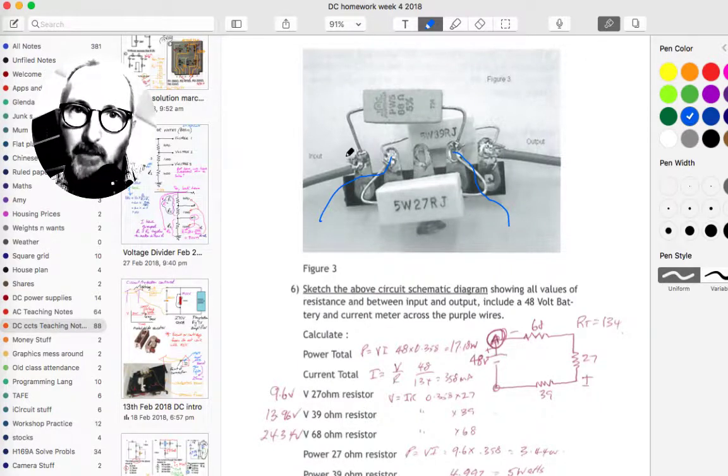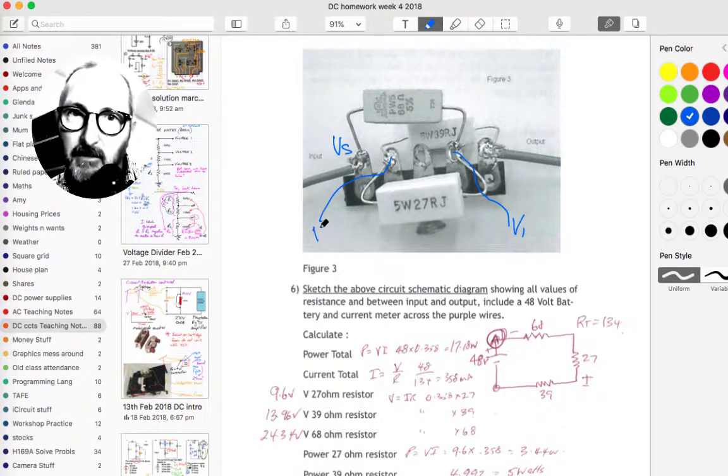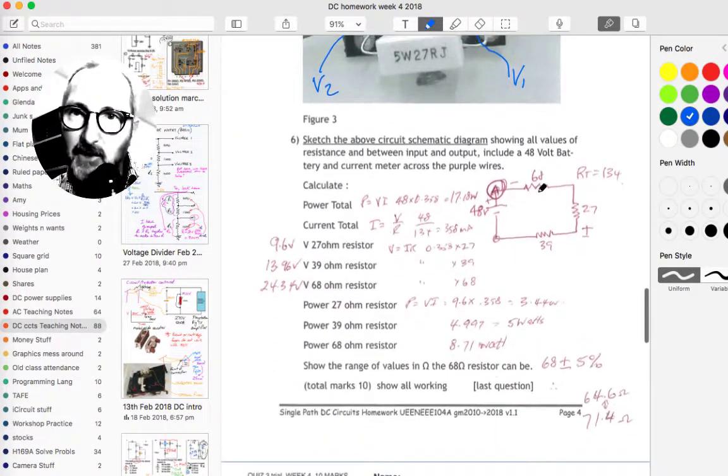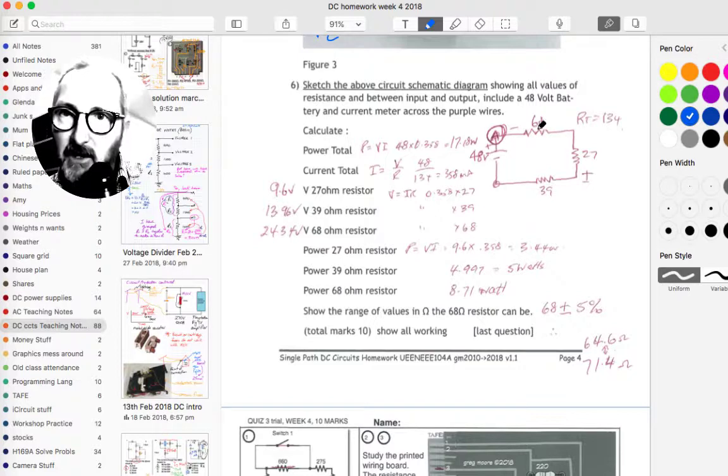So that'd be our input voltage, Vs, that'd be V1, that'd be V2, and this is probably ground at this point here, if it was a typical voltage divider. At any rate, sketch the circuit diagram for that, and we had 48 volts, 68 ohm,